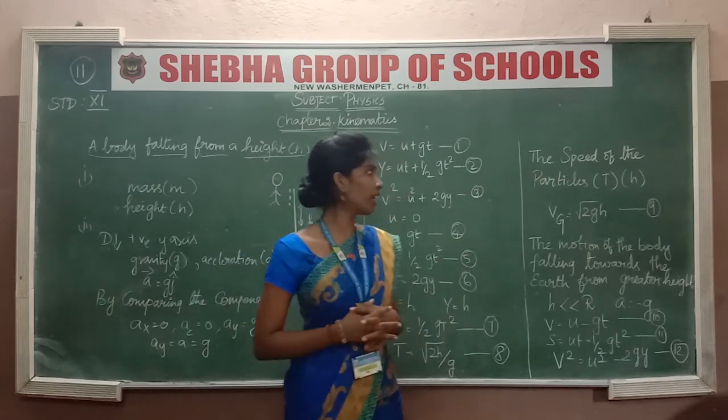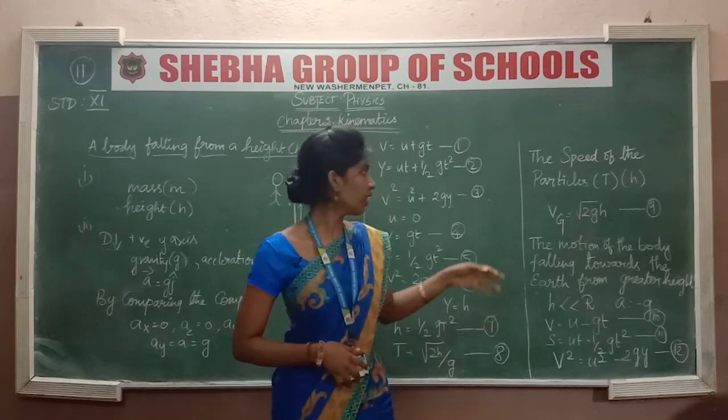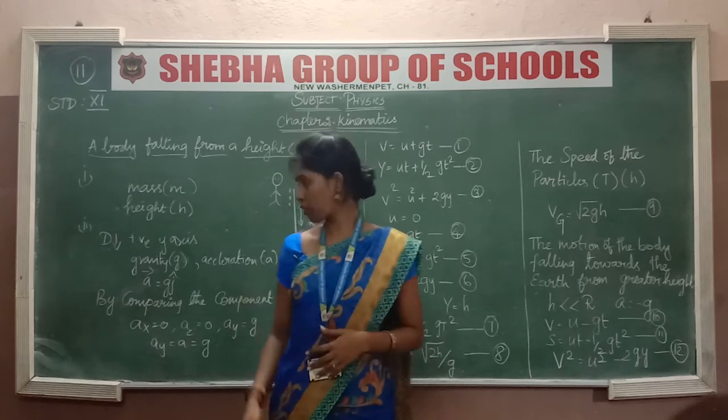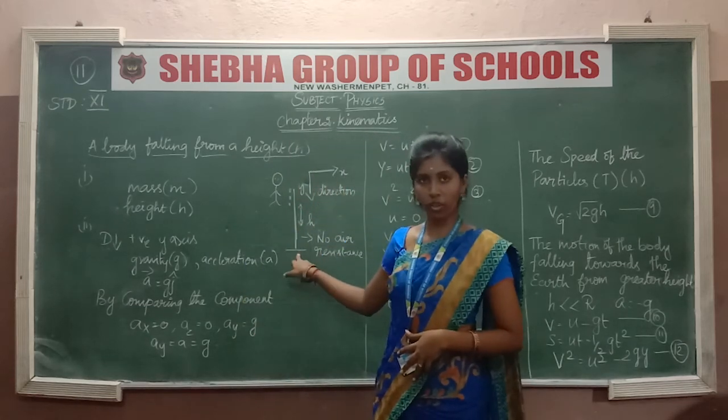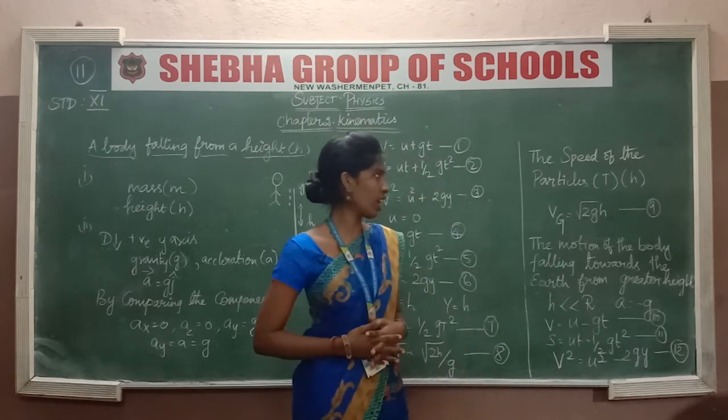So the speed of the particle will be taken in terms of t and height. So here the velocity will be at the ground. Okay, so in the downward position, what do we need to reach? We need to reach the ground. Okay, so the ground will be taken. So here the root of 2gh it's a